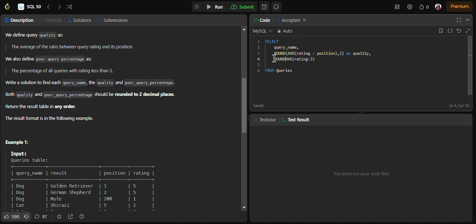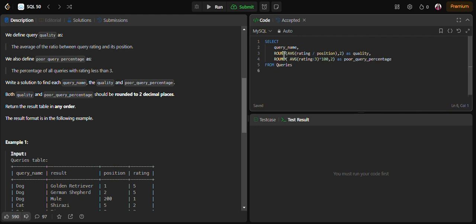Sorry, we have to find a percentage, no? So into 100, and then I'll do the round, comma 2, and give it the alias poor query percentage.